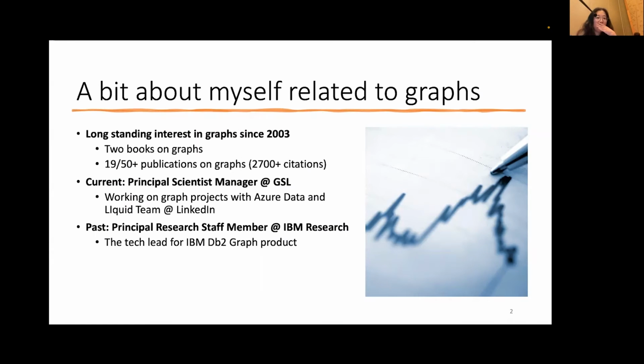So first, I want to introduce a little bit about myself related to graphs. My passion for graphs dates back to the beginning of my PhD in 2003. Although I have conducted research in many topics over the years, graph has always held a special place in my heart. In my current job role, I have been collaborating with the Azure data product team and the Liquid team from LinkedIn on various graph projects. And previously, during my tenure at IBM, I was the mastermind behind DB2 Graph, which is IBM's graph